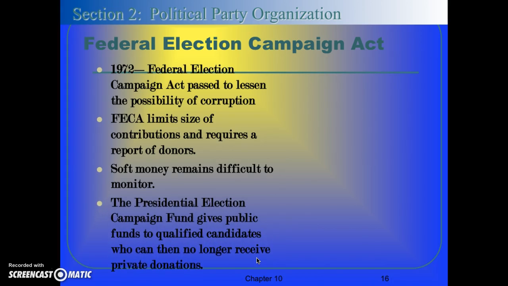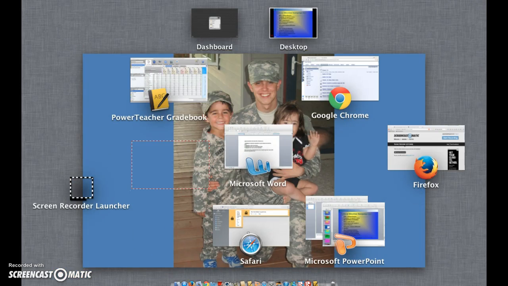Now, there are some things that have been put in place by our government to make sure that this corruption does not happen. So in 1972, the Federal Election Campaign Act was passed to lessen the possibility of corruption. The Federal Election Campaign Act limits the size of contributions and requires a report of donors. So just to give you an example,